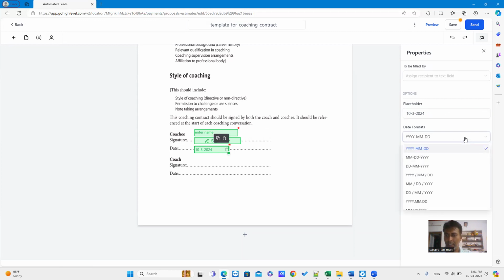You can change the format, date format here, date, month, year, and available dates also. You can select whichever option you want. You can change it. Then here you can assign the